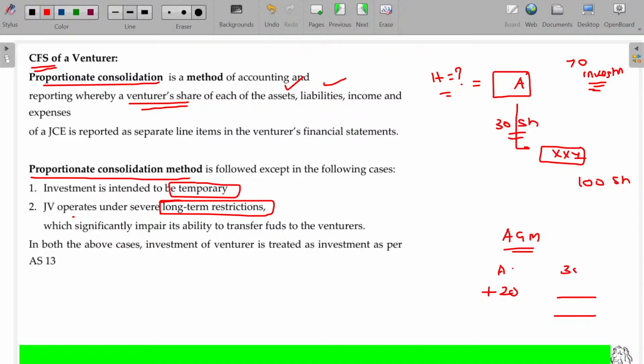A will have 30 votes and 20 investors will have only 20 votes. Overall 50 votes. Out of that, A holds the majority, like the Indian government got elected. Even if you get 30% vote, you got elected. Okay, that's a competition, right? So the contestant who secured more votes will be the winner.